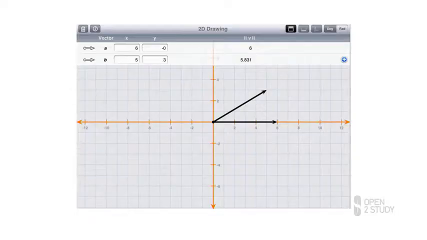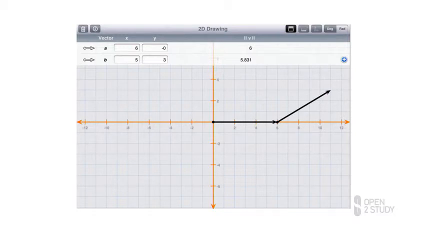What I can do now is pick up one of the vectors, for example here vector b as it's labelled, and I'll move it across so that the start of vector b is at the end of the first vector, vector a. And now my vector sum, the addition of these two vectors, starts at the beginning of a and ends at the end of vector b.